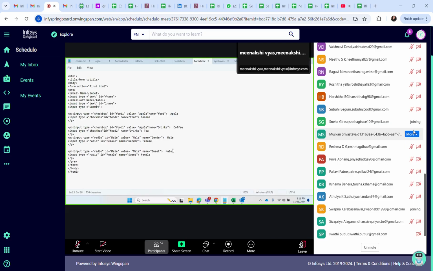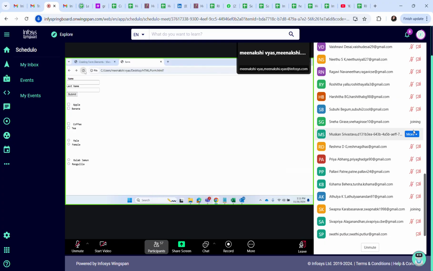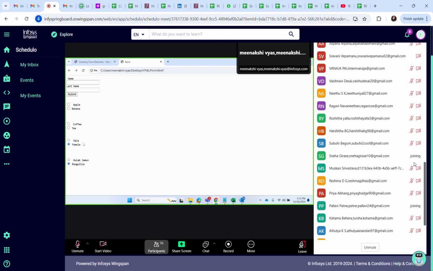So I have written here gulab jamun and rasgulla. Usually these two are the favorite of everybody, so I have written this. Although it's lunchtime also. Yeah, so now you can see there are two groups, male, female. I can select one only, and gulab jamun and rasgulla I can select one only. So these are the two different groups.